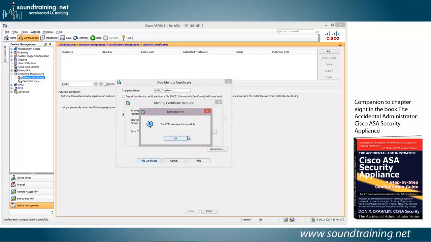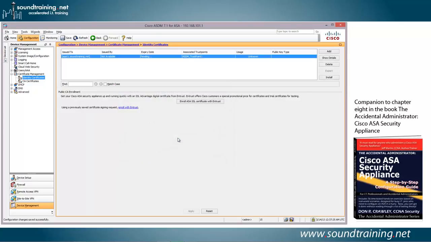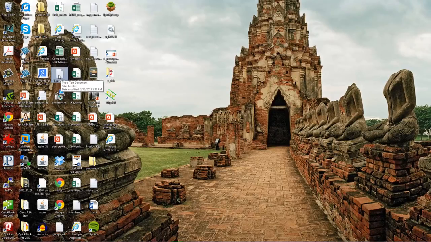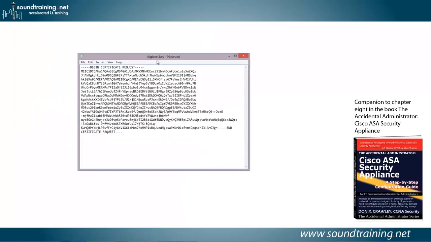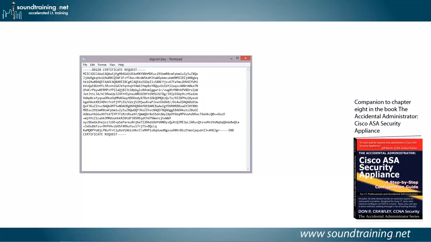And here it says the CSR was saved successfully. And we'll click on OK to get out of that. Now, let's go take a look at it. Go to my desktop, and we'll open this up just to take a look at it. But it's more than just taking a look at it, because we need to copy it, because we're going to